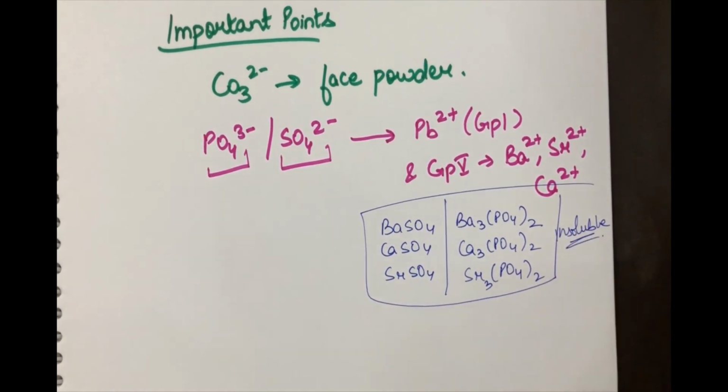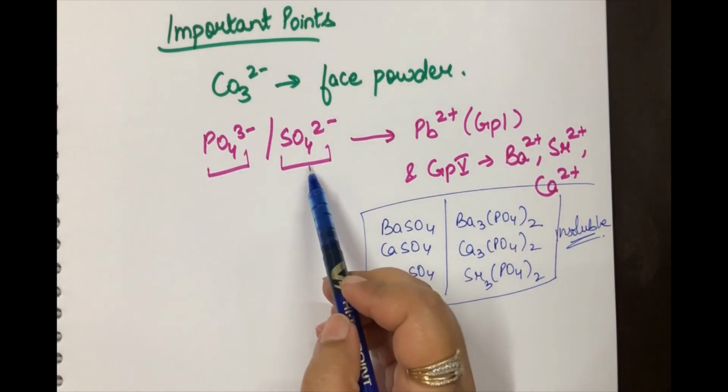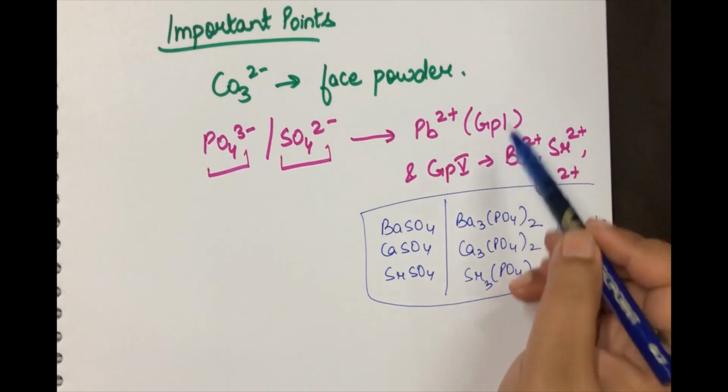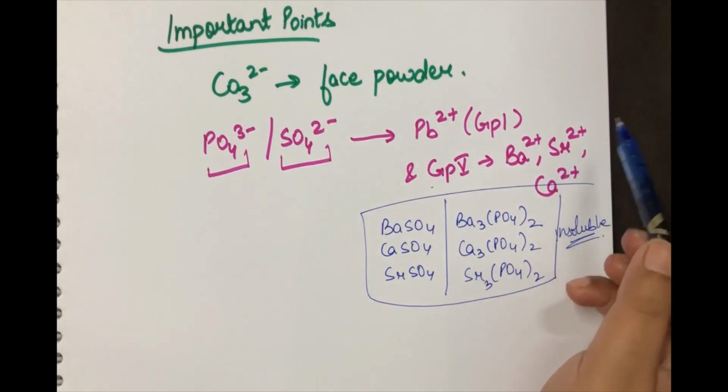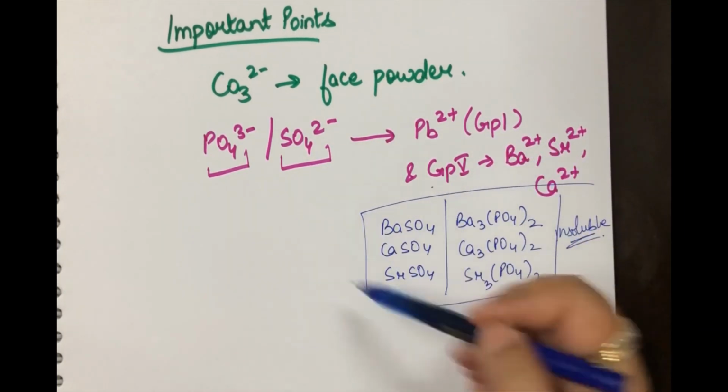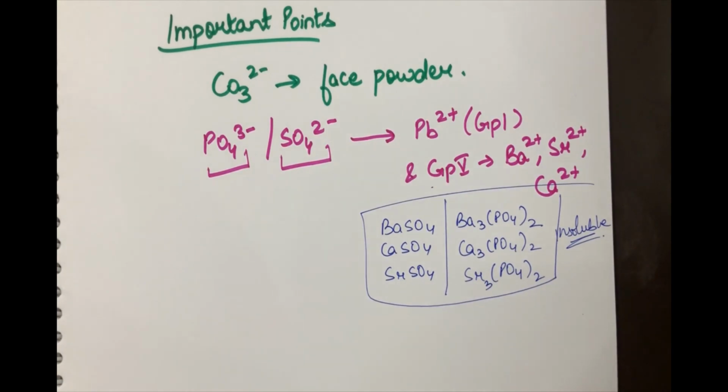So they cannot be given to you because the CBSE syllabus only talks about the soluble salts. So if it is phosphate and sulfate, please do not test lead and group 5. If you report this combination, you will be making a blunder. This will never be given to you. So I hope anion analysis is clear. These were the simple tests by which you can identify a salt in hardly 15 minutes.